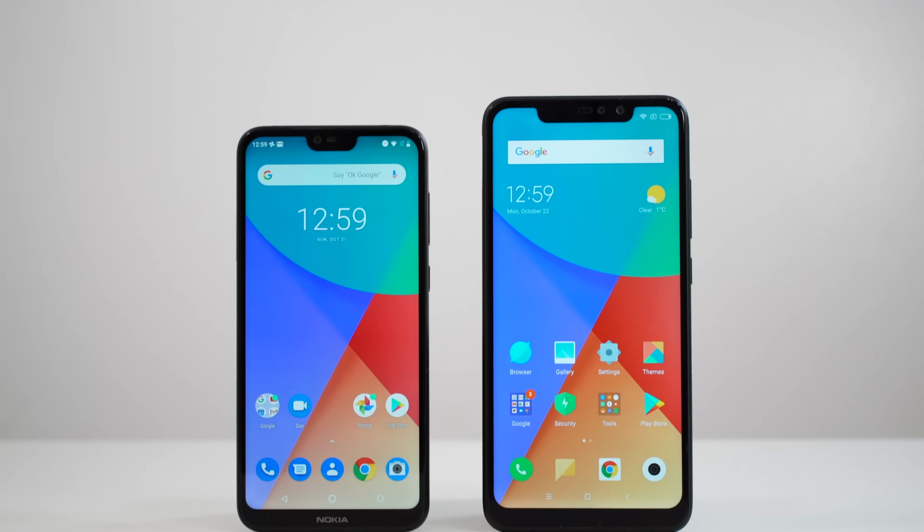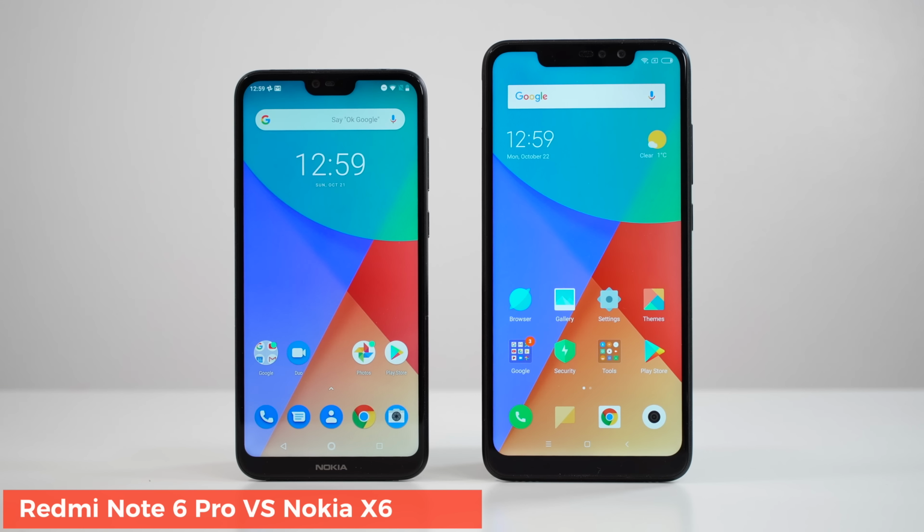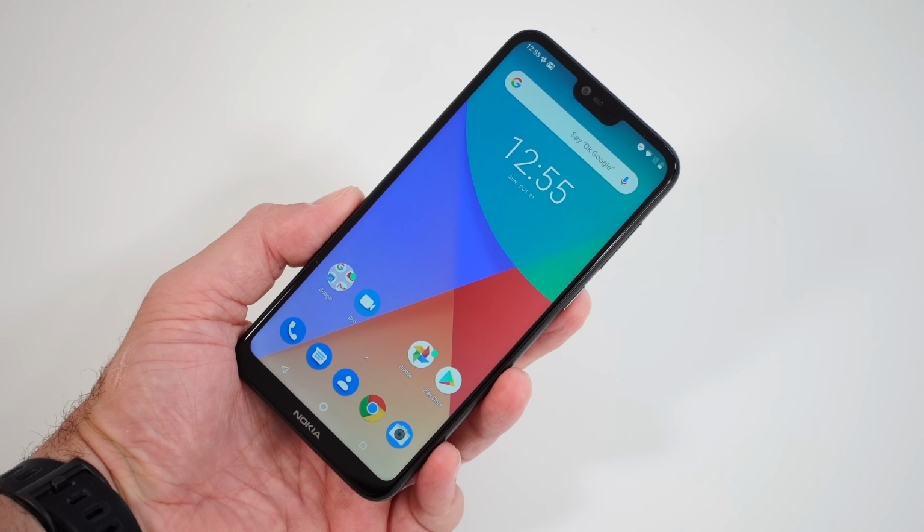Today we have a new camera comparison between the Xiaomi Redmi Note 6 Pro and the Nokia X6. This Nokia is also known as the Nokia 6.1 Plus. Now you can find the Redmi Note 6 Pro for about $180, where the Nokia is somewhere around $190 to